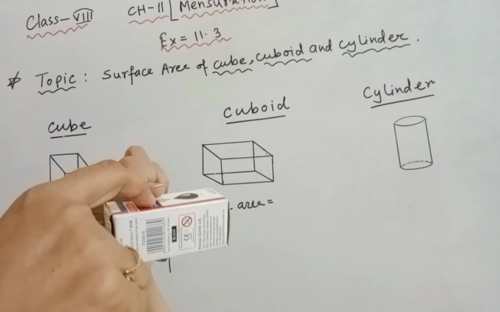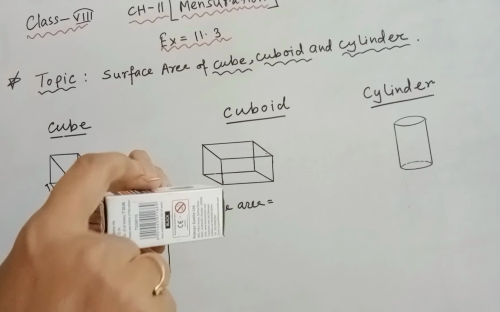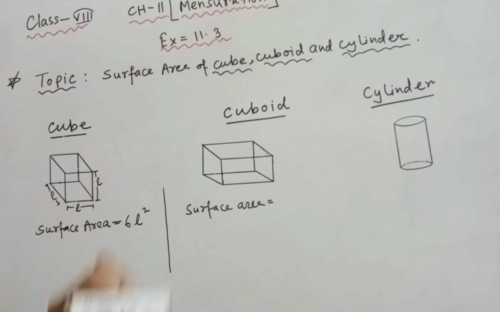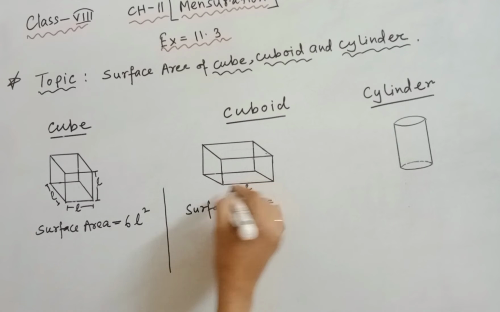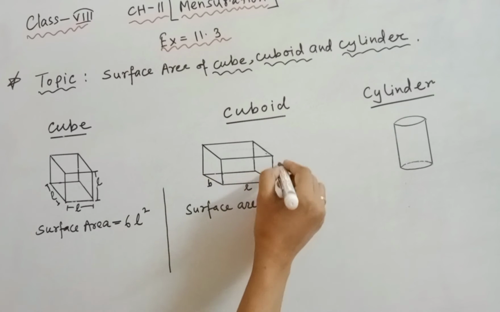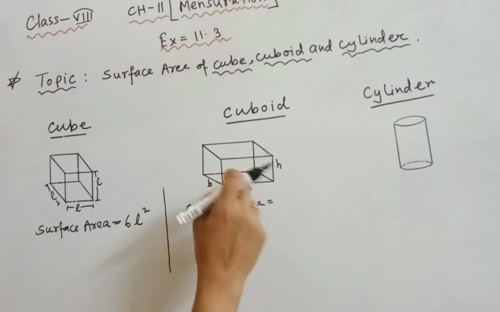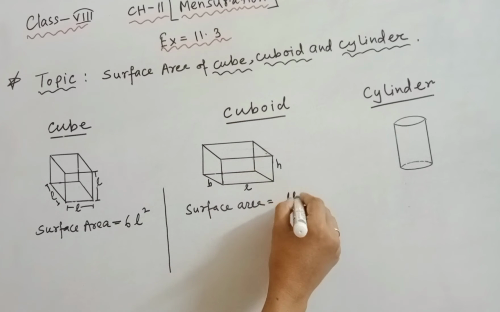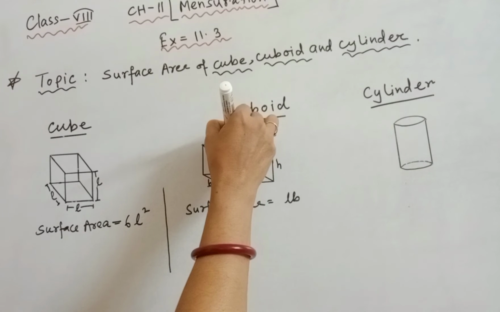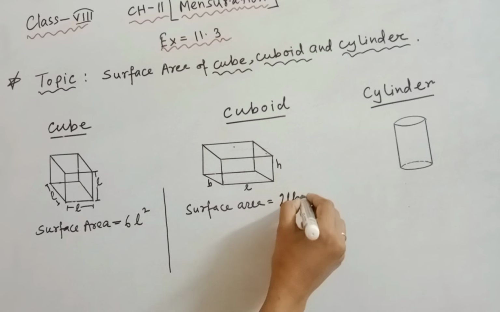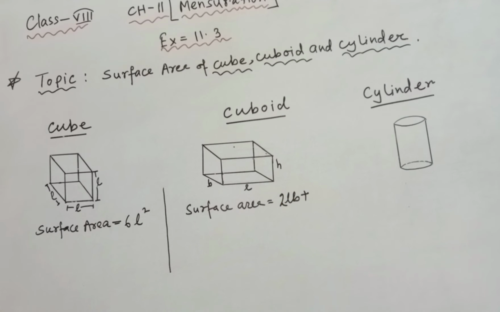Similarly, the area of this portion is also LB, so we can see that it is 2LB. Understood? If this is length, this is breadth and this is height, the area of the floor will be LB, and the roof also, top and bottom both are LB, so we can write 2LB plus 2LB